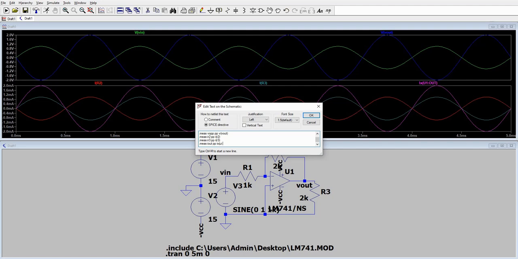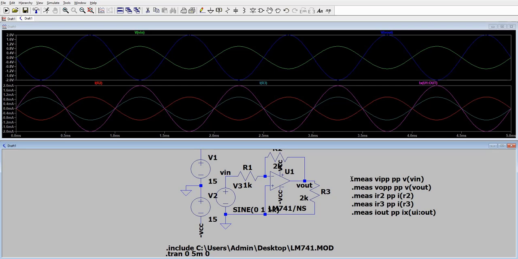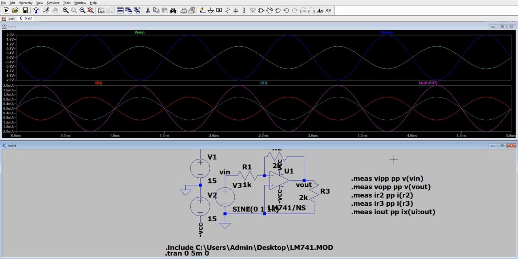You just need to copy it. So, okay, then just place it anywhere on your circuit.